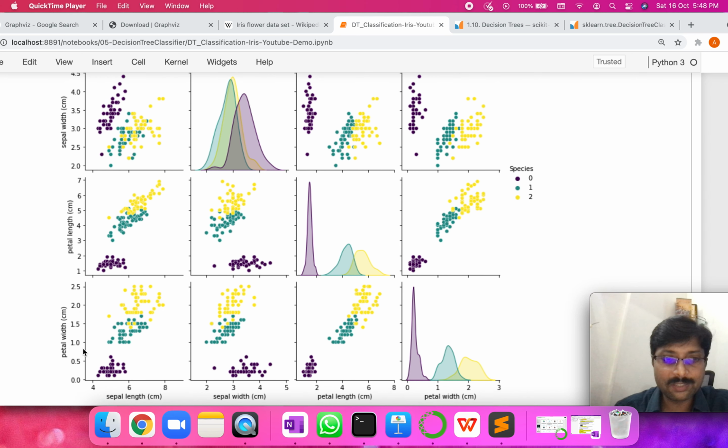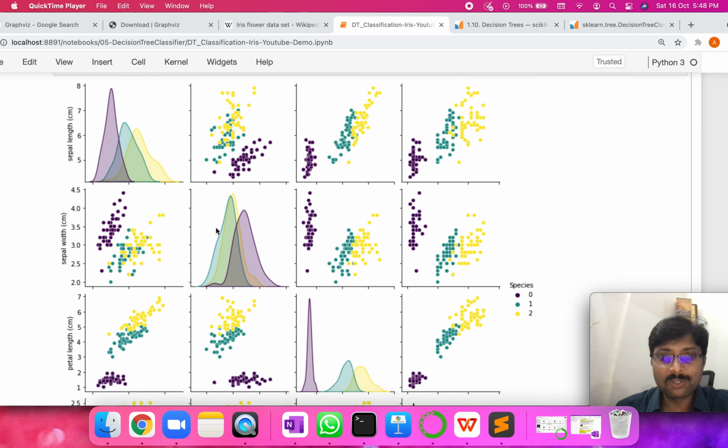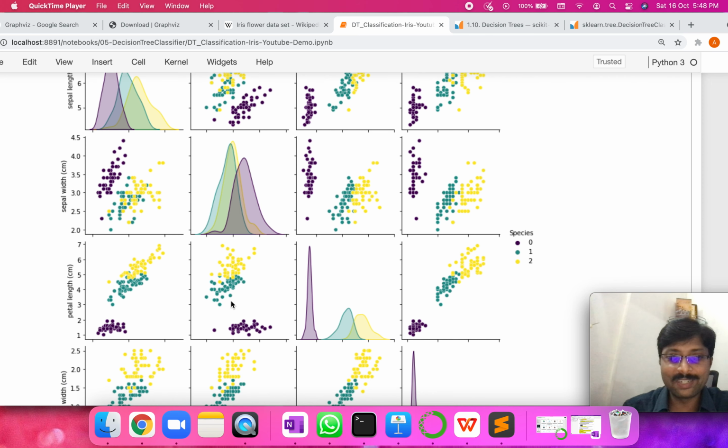So clearly there are certain features, certain combinations of features, that are dividing these values very clearly, right? This is exactly what the algorithm is also going to learn. The purpose of this visualization is for us to understand whether there is such a pattern here, or whether this is not worthy data to even go ahead with. So clearly it is indicating, hey, there are some particular values here.